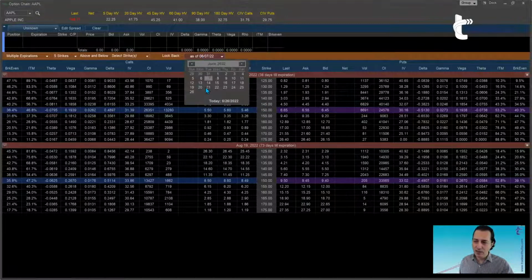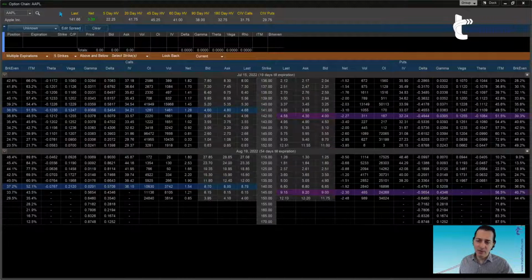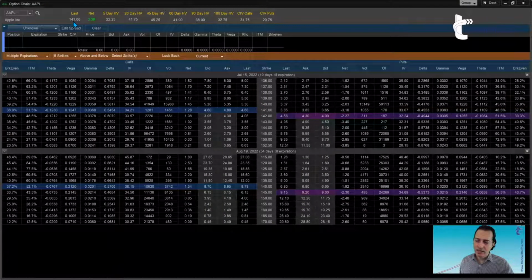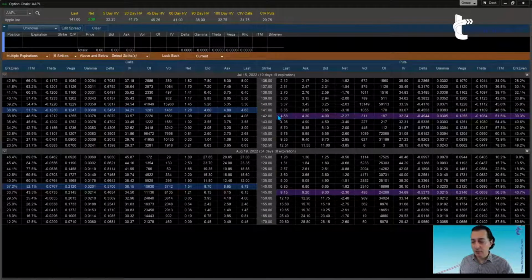If I go back to the current date, Apple is trading at 141. So the at the money strike depends, as you can see in the front expiration, we have $1 strike price increments. In the next expiration, we have $5 increments. So obviously the at the money strike is going to be different, and therefore the price points are going to be different, in this case from 136 to 141.